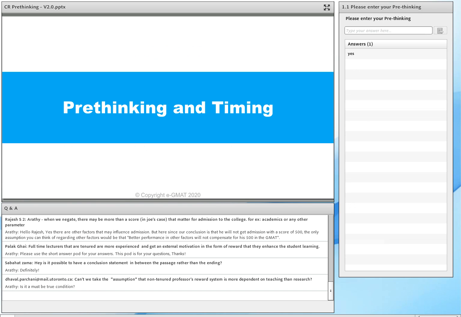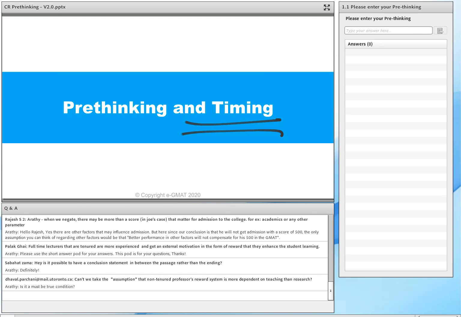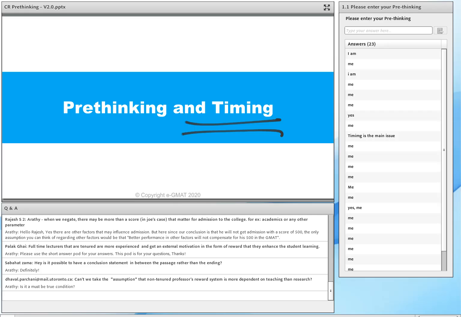We talked about this. So let's talk about the elephant in the room, which is, what do we do about timing? Okay. What do we do about timing? How many of you are concerned about timing? You say, man, this is great. It seems very logical, but it seems it's going to take a lot of time. Okay. Now, one of the biggest misconceptions